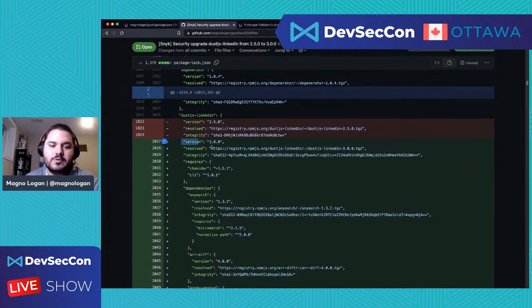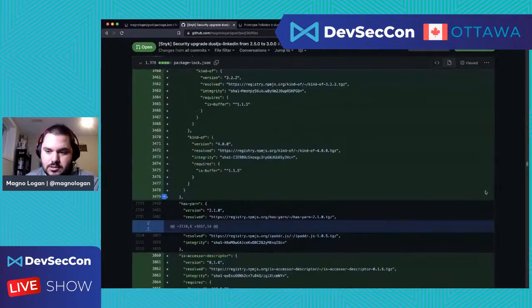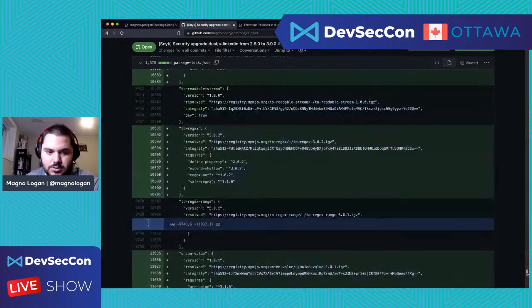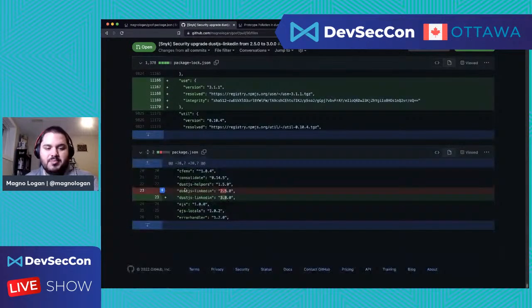And here I can see the new one with the new signature and everything. But the other one is kind of easier to see. Let me go down a little bit. Yeah, the other one, package.json, is basically changing just the number, right? So I want to make sure that when my application builds next time, I'm using the Dust.js LinkedIn library 3.0 and not the 2.5, right?